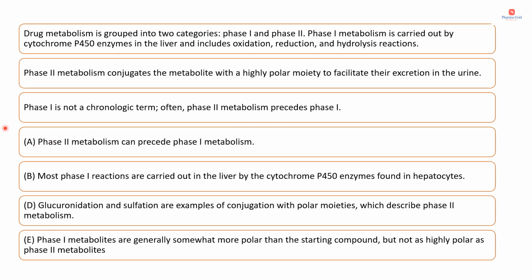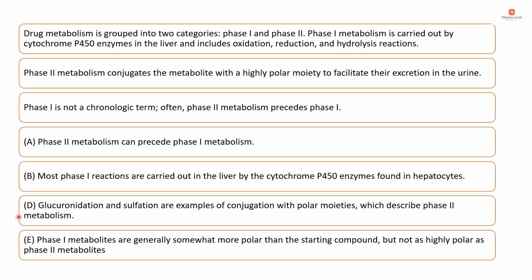Now let's see why the remaining options are wrong. Option A, that is phase 2 metabolism, can precede phase 1 metabolism. Okay, so option A is wrong. Then option B, most phase 1 reactions are carried out in the liver by the cytochrome P450 enzymes found in